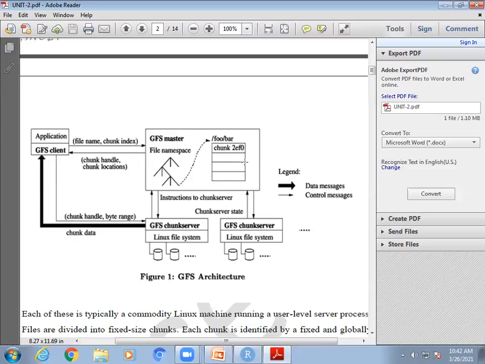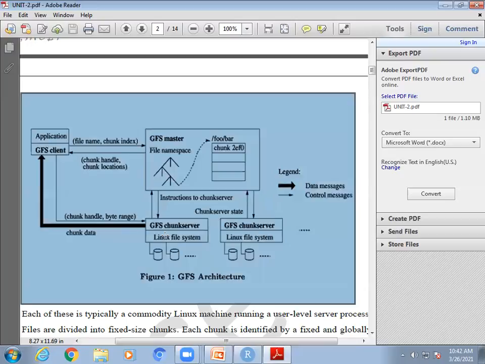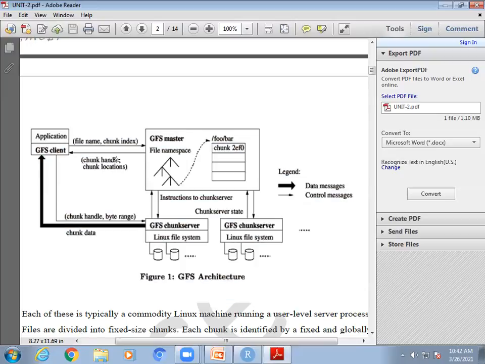All this data is maintained in the GFS master. So this should be an expensive server, not a cheap server. The GFS master should be a highly reliable server, but the chunk servers can be inexpensive servers.